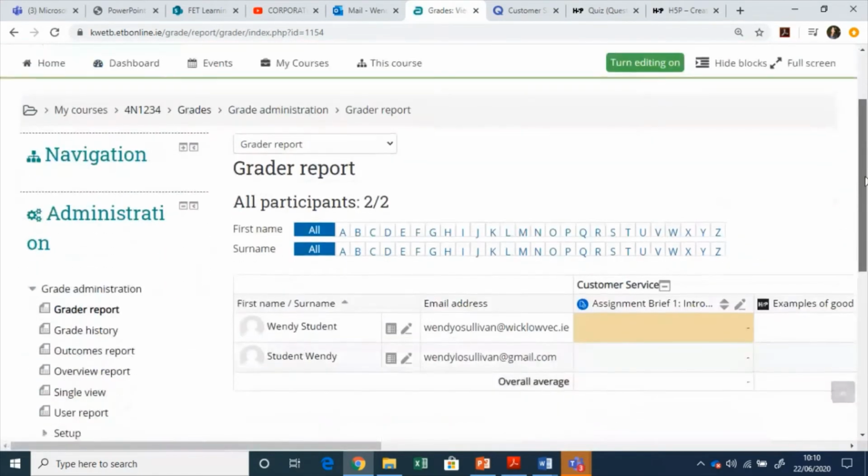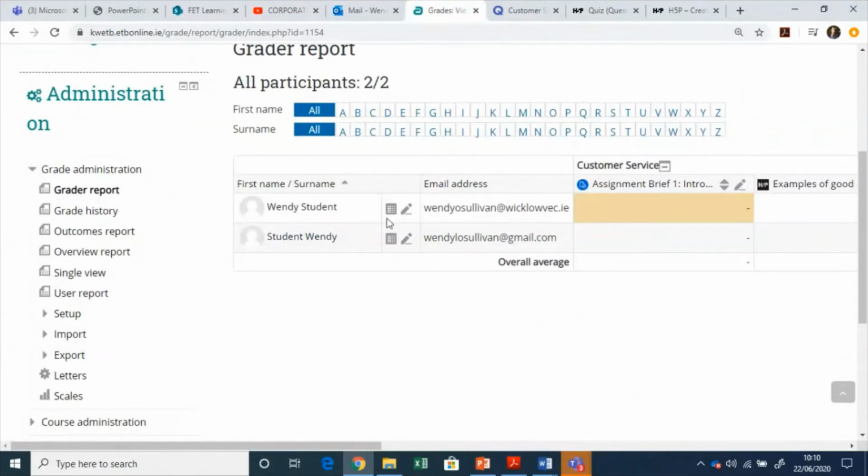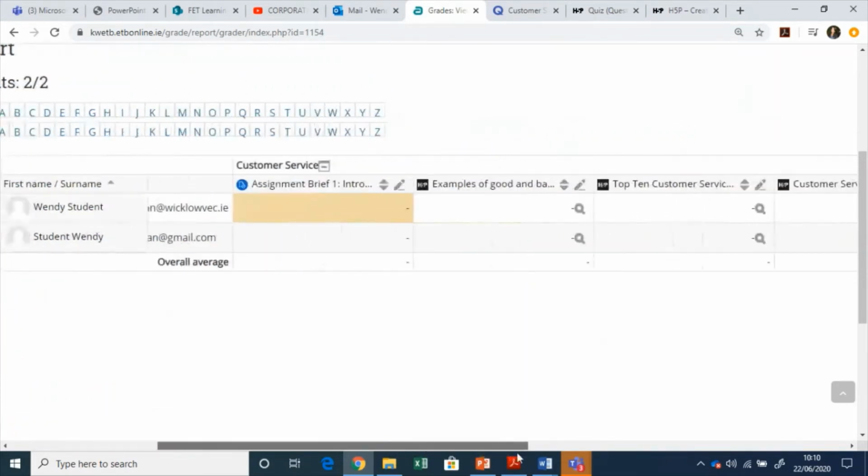Loads of different reports here. So I can see that I have 2 students enrolled in my course. They're both called Wendy. There's their email address. One of them has put in an assignment and one hasn't yet, but as you move across then you'd be